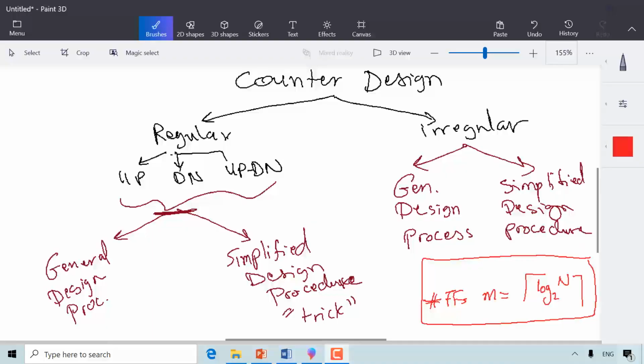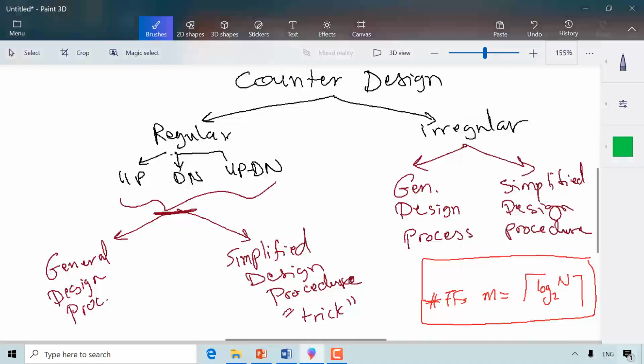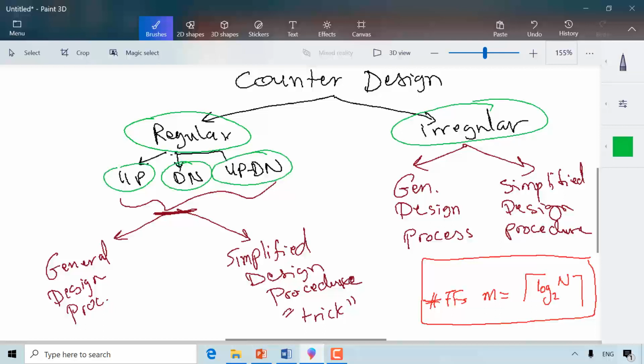Hi. So this is the second part of the counter design lecture, and we stopped at explaining what we are going to cover in this lecture. We said we will look into regular counters and irregular counters. We're going to look at the up counter, down counter, up and down counter, and for the most part for the regular counters, we're going to look at general design procedure and simplified design procedure. And then we will move later on to the